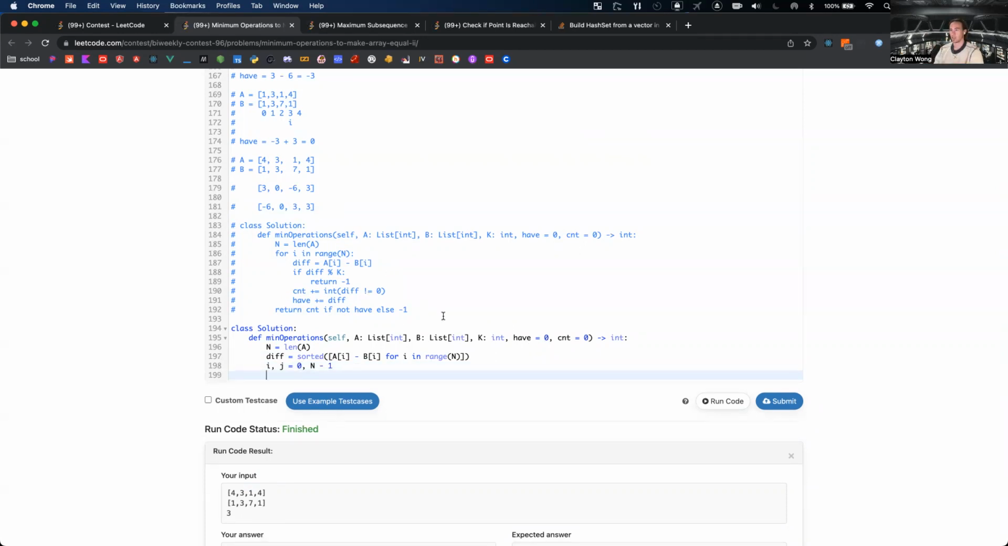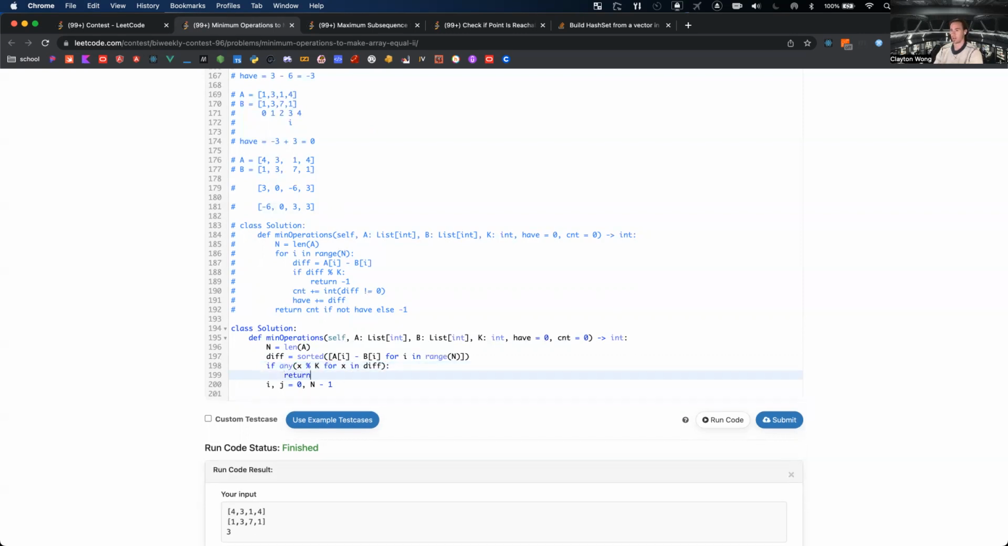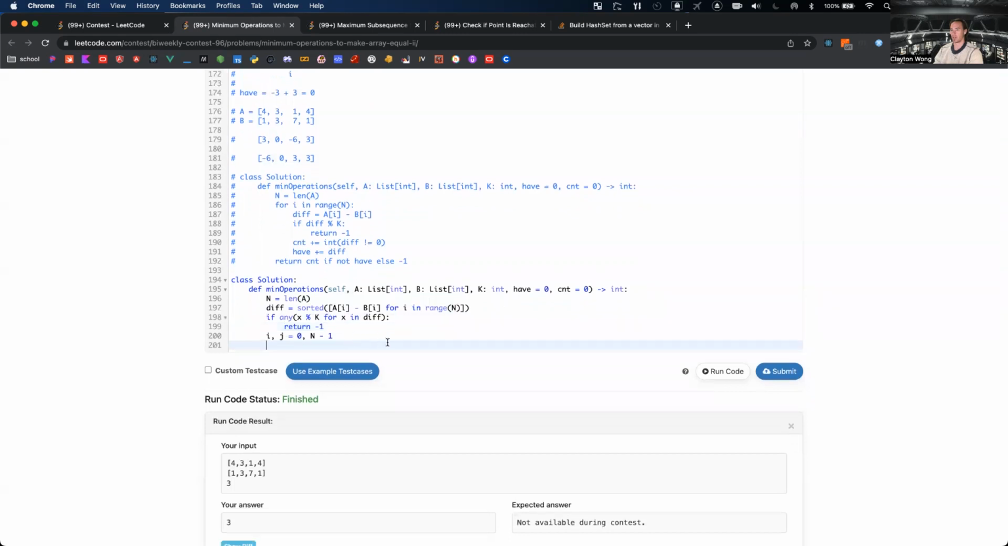Okay, so if any of these diffs is not divisible by k, so if any x for x in diff, x modulus k, then return -1 immediately. Right, it's not divisible by k, so that's not going to work. Otherwise,